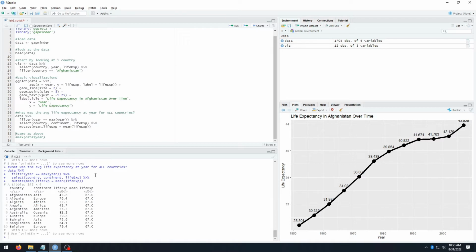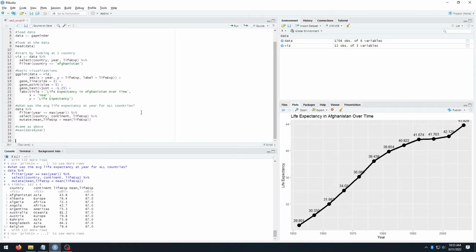And that's because what we've done with mutate is to say, look at this whole column right here and take the average of this entire column. That's useful, right? Because now we know that the average life expectancy for all countries everywhere is 67. And so maybe we call this something else, right? What is the total life expectancy? Actually, this is correct, right? This comment is correct. So we've done it. We've calculated the average life expectancy for all countries